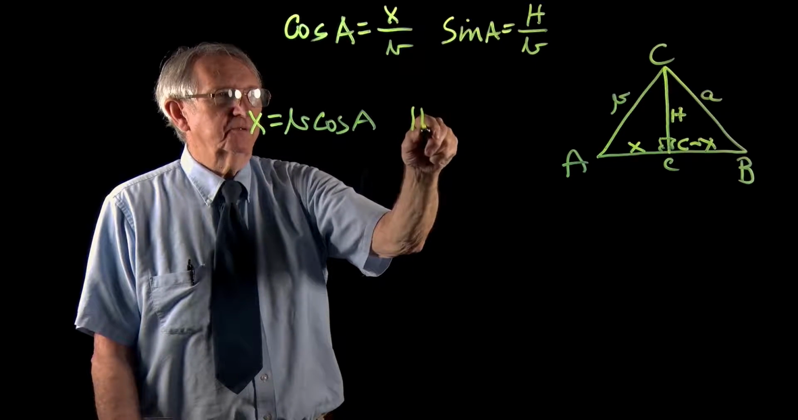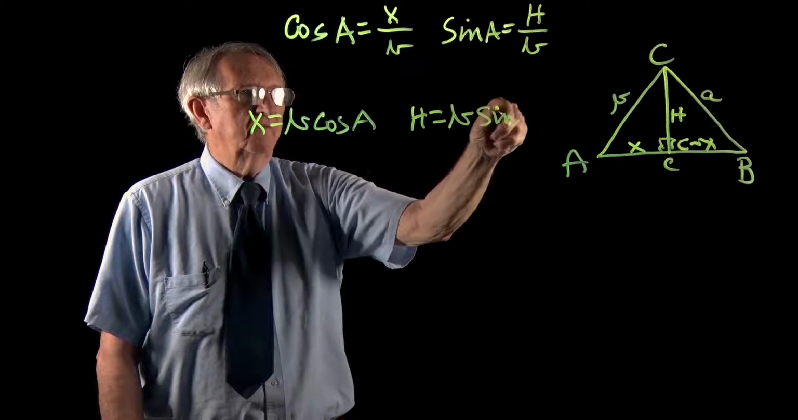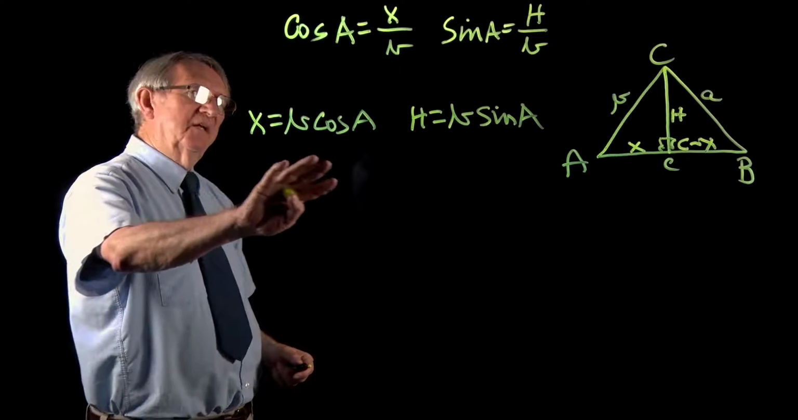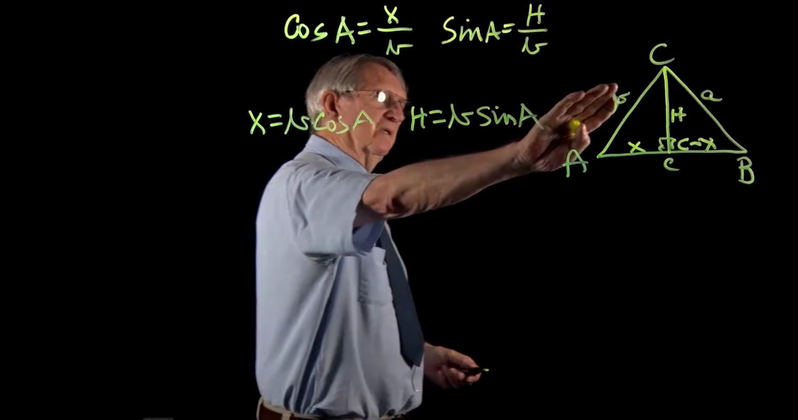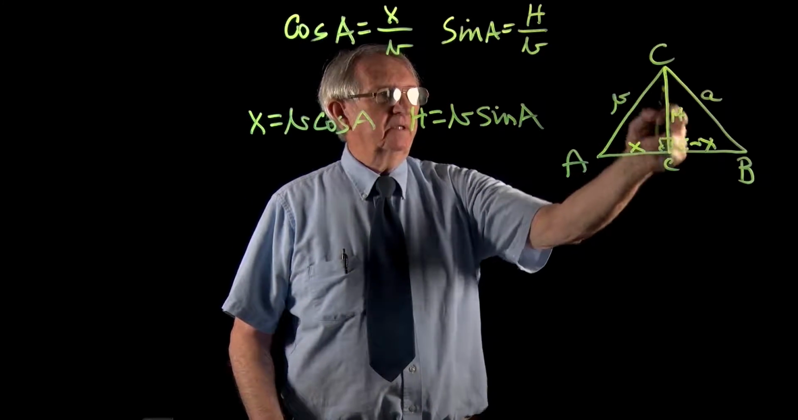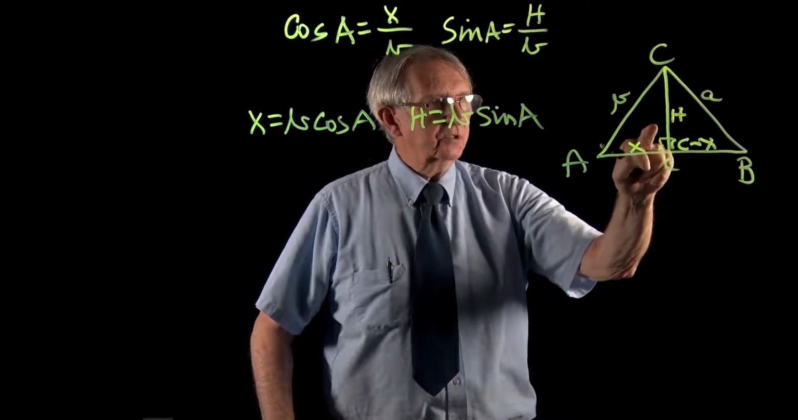So I say h is equal to b times the sine of a. There you go, right there. So now that I've done that, I'm going to just forget this triangle, and I'm going to go over to this triangle over here. Now in this triangle over here, using Pythagoras, I know that this squared plus this squared